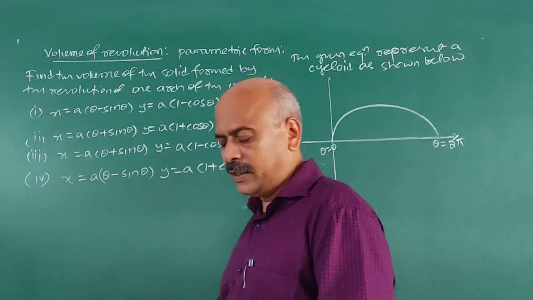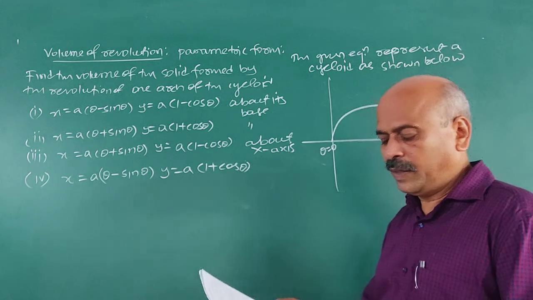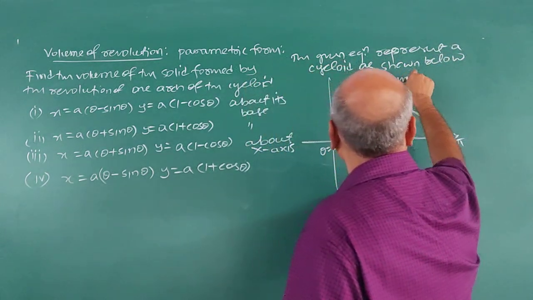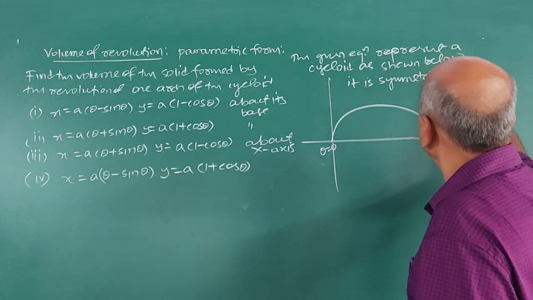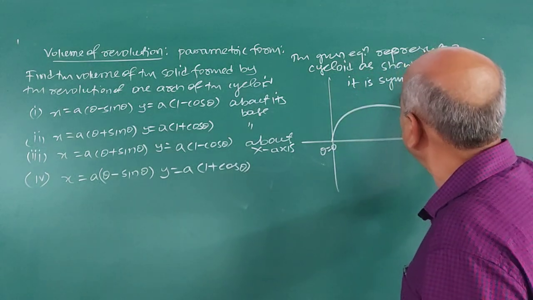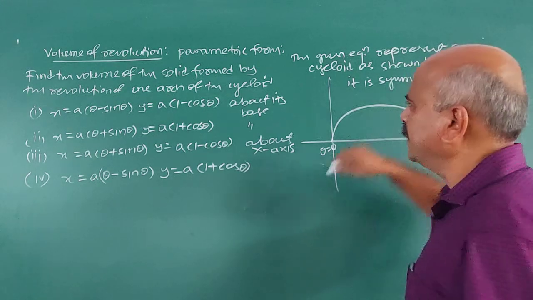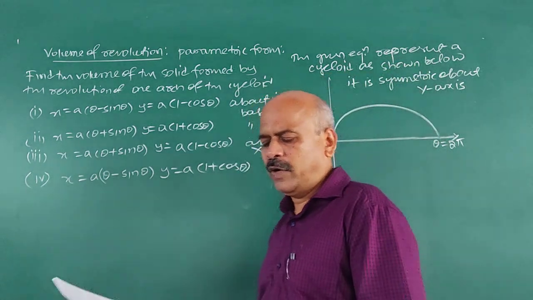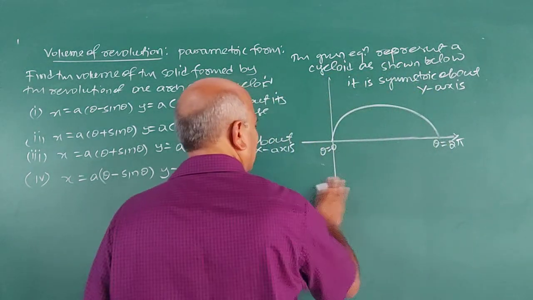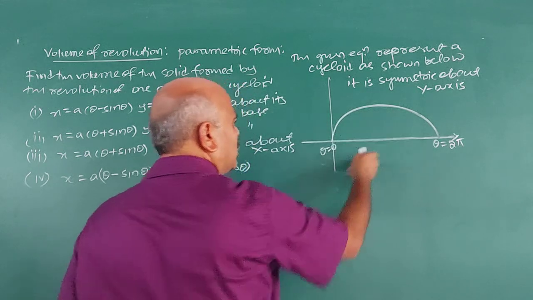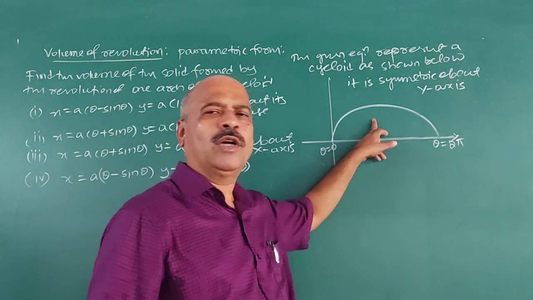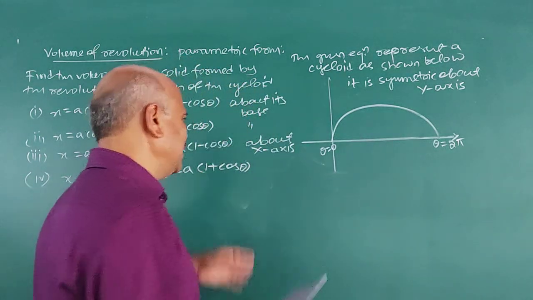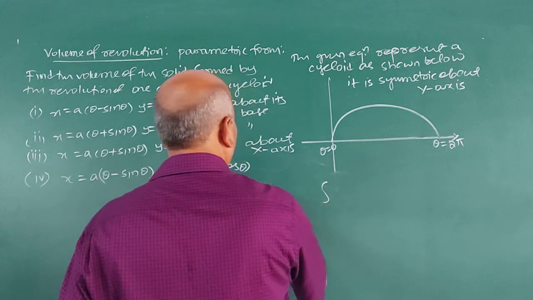I already explained this shape of the curve. You go through again. What is this? It is symmetric about y axis, because y is even here. Y is equal to a into 1 minus cos theta is even. It is symmetric about y axis, and one branch is like this. Therefore, the volume of the solid is obtained by revolving one arc of the cycloid about x axis. So first formula it is. Therefore, required volume is